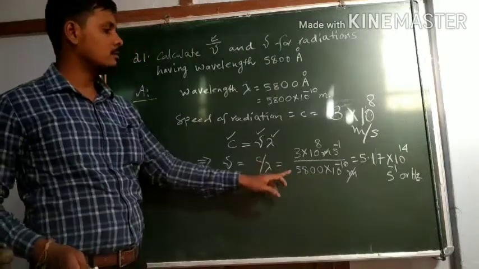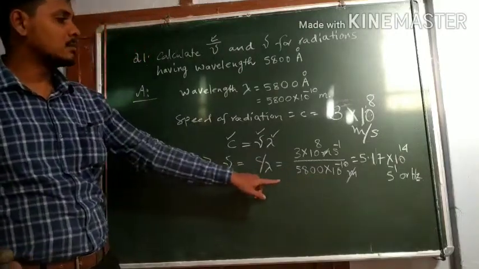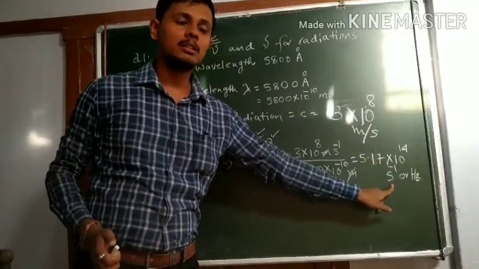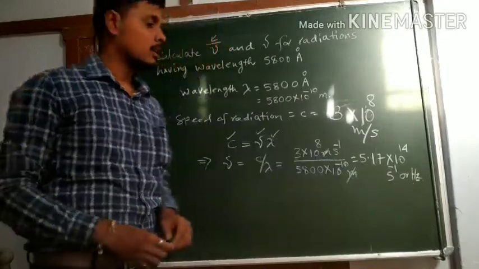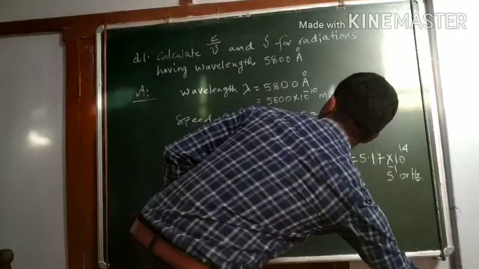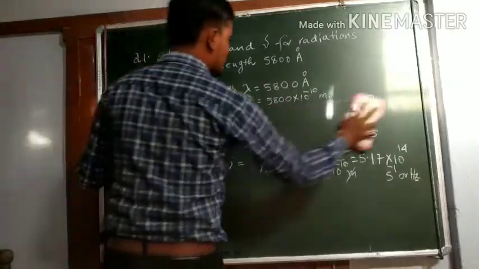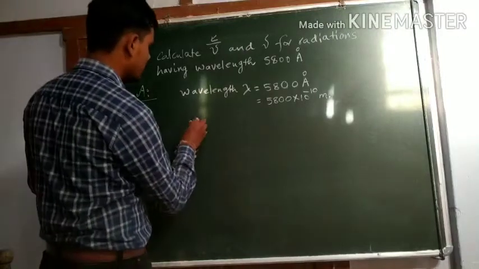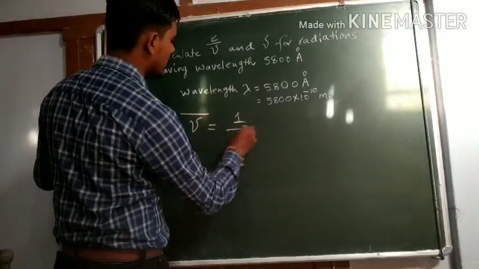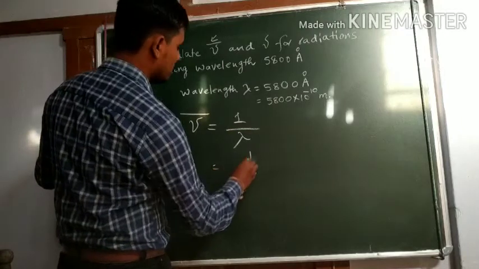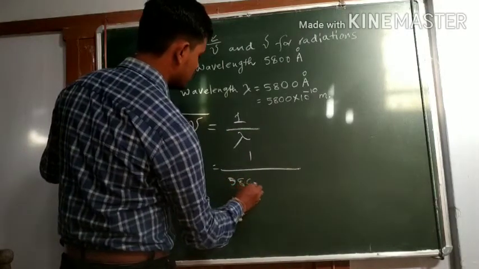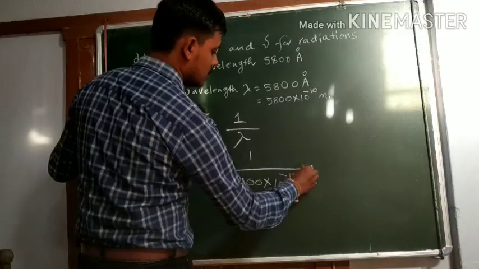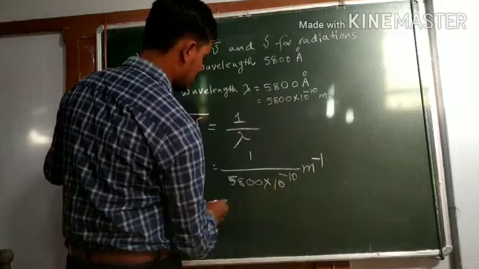So nu equals c by lambda, and when we calculate it, it comes out to be 5.17 into 10 to the power 14 second inverse or hertz. Okay, so in this way we can calculate the frequency from wavelength. Now if I try to calculate the wave number, nu bar equals 1 by lambda equals 1 by 5800 into 10 to the power minus 10 meter inverse, and this comes out to be